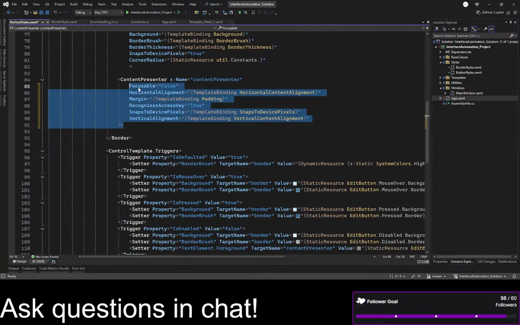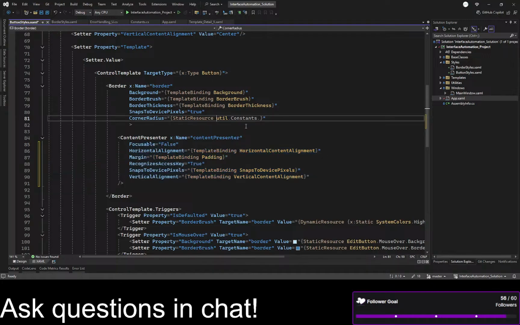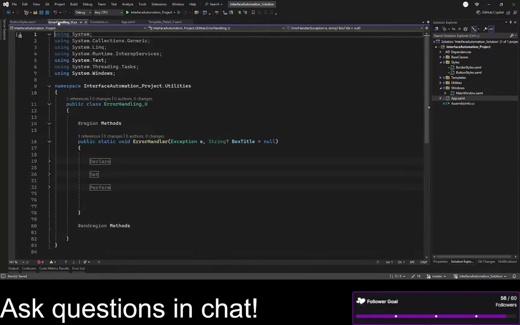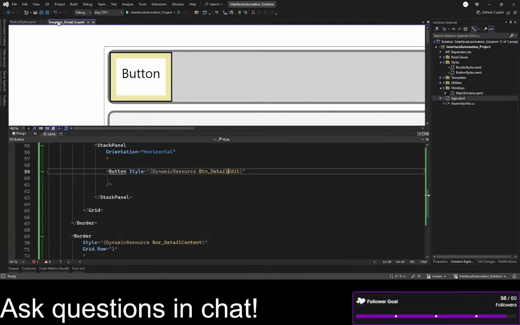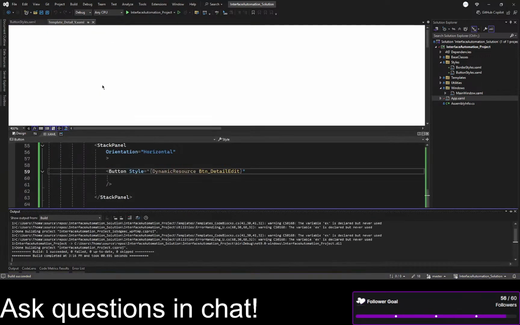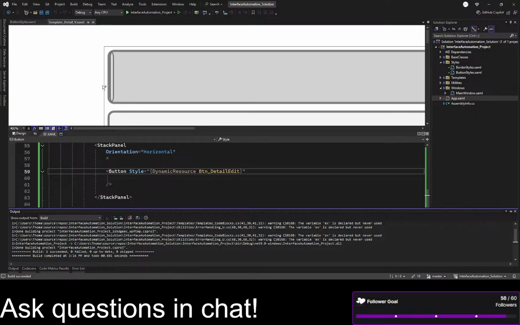But I'm betting that corner radius here, we still don't know what that corner radius is going to be. Right, so we're going to say it's 5. Back to build. So that gives us